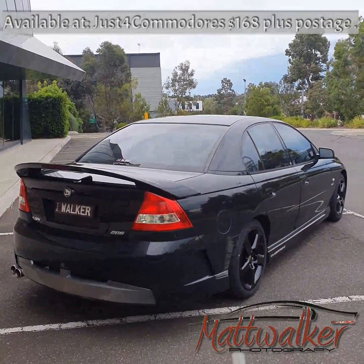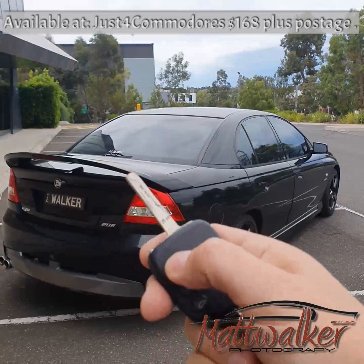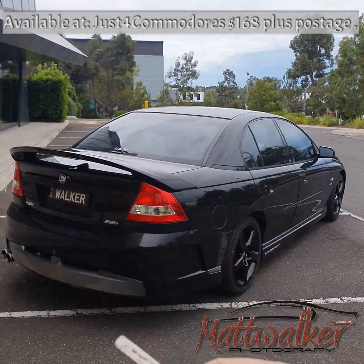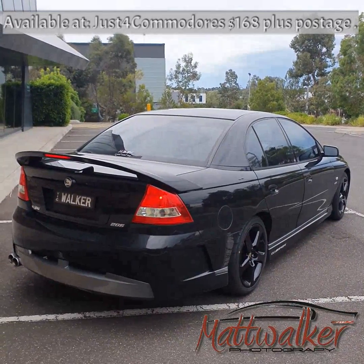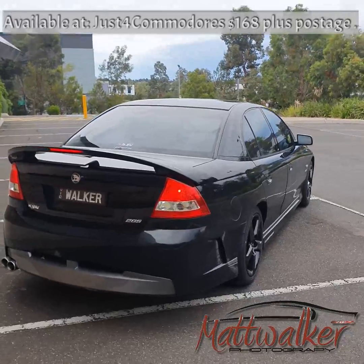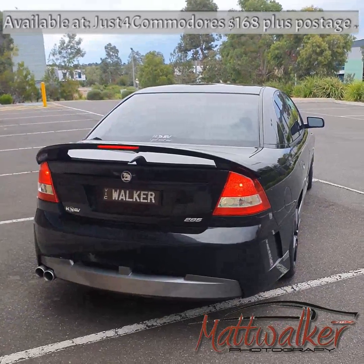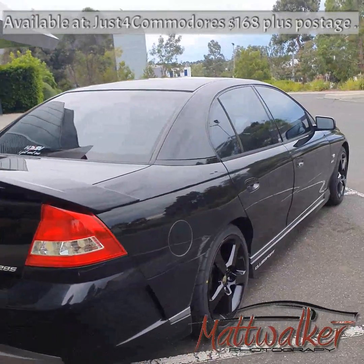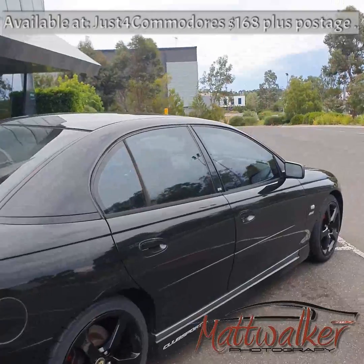So we walk up with the factory key, press the unlock button 3 times. 1, 2, 3, and just like magic, she starts herself up. There's a couple of inbuilt safety features and an anti-theft mechanism as well, but bear in